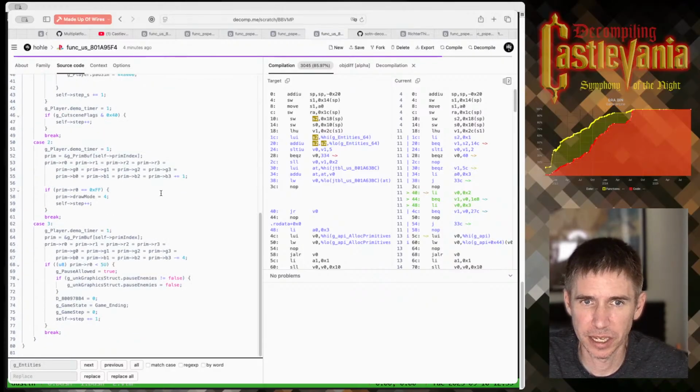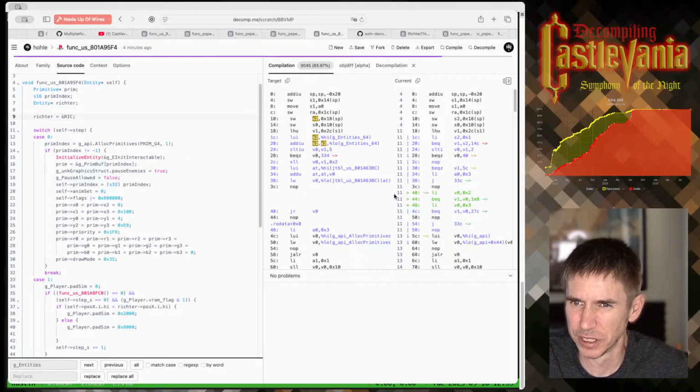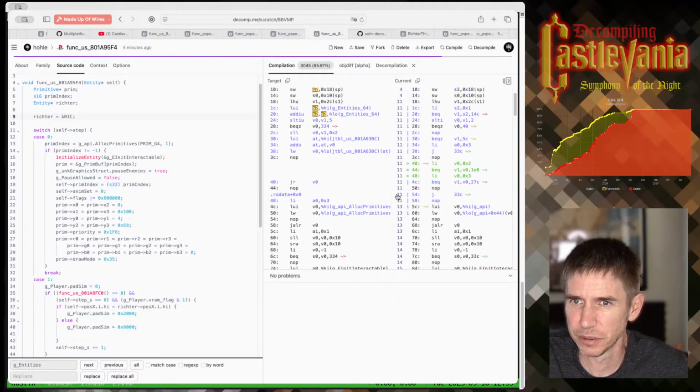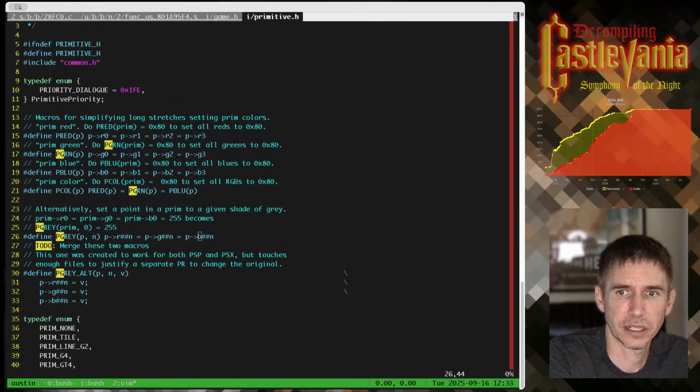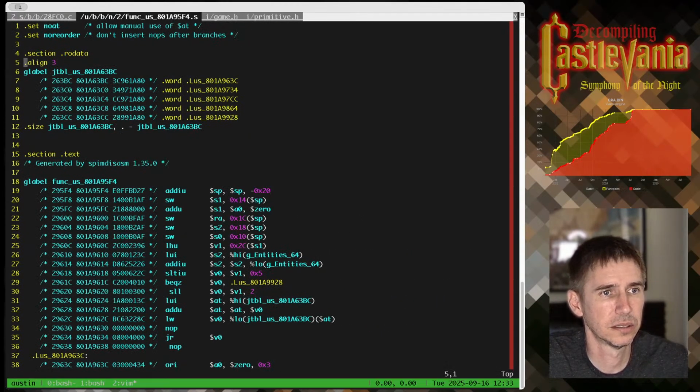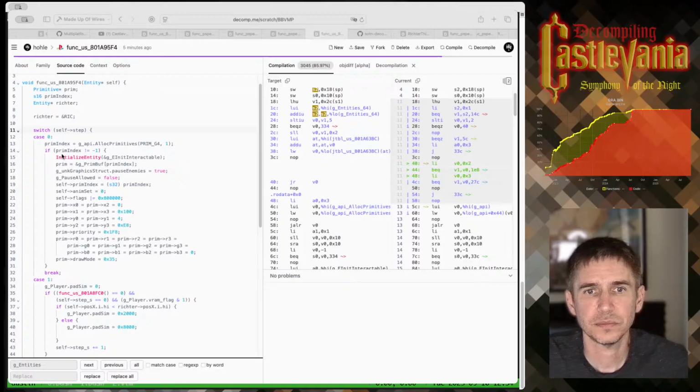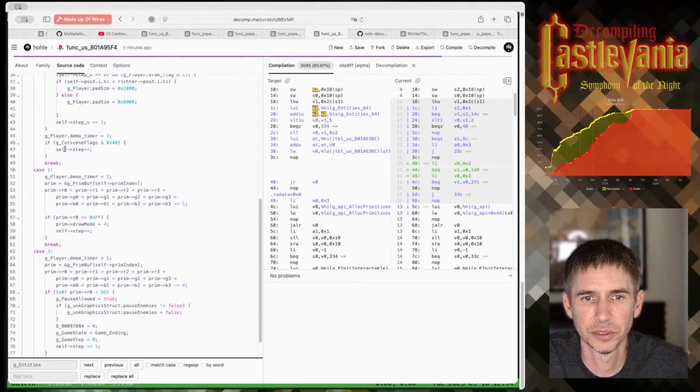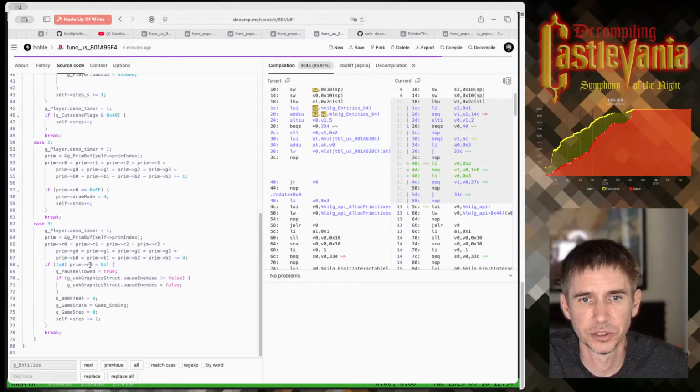Oh, the other thing that's happening that is interesting is I don't think we're generating a jump table. Let's go back, look at what our jump table looks like. So we have 1, 2, 3, 4, 5 entries. Here we have 1, 2, 3, 4, 4 entries.